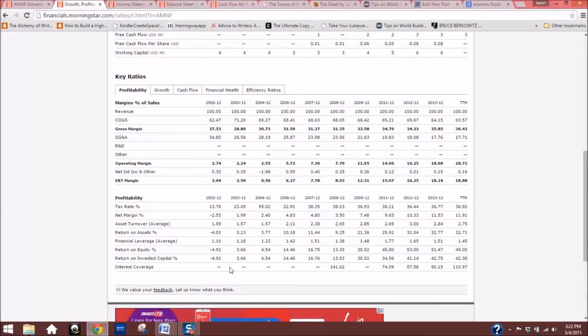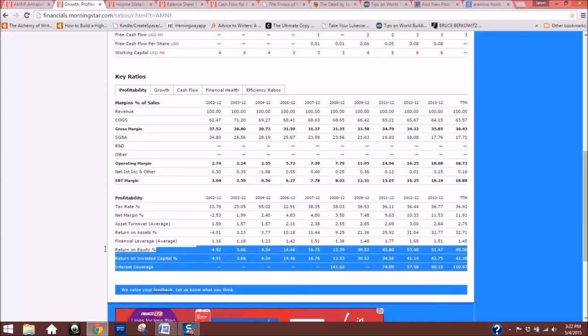This number is more than doubled, just like operating margin, in the 10-year period from the trailing 12-month period. So that's an excellent sign as well. That shows that revenue, that they're growing efficiently as a company. But to compare this, I also look at ROE, the return on equity percentage, right here, right